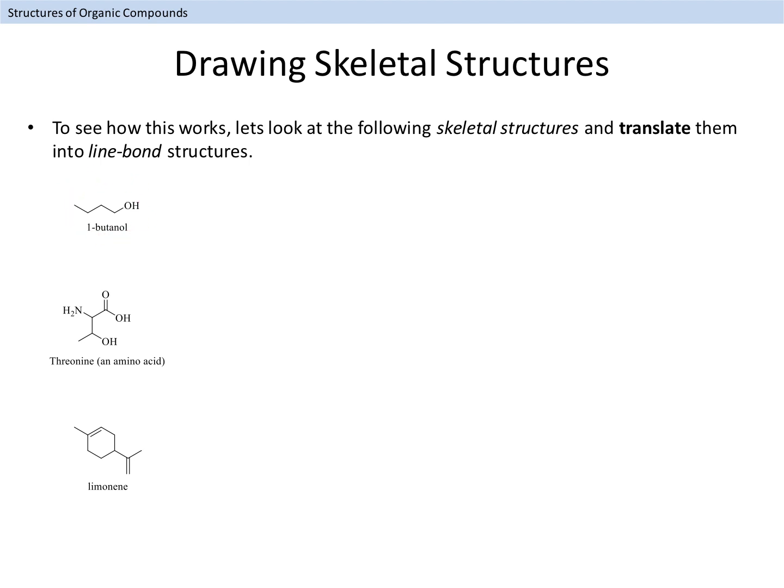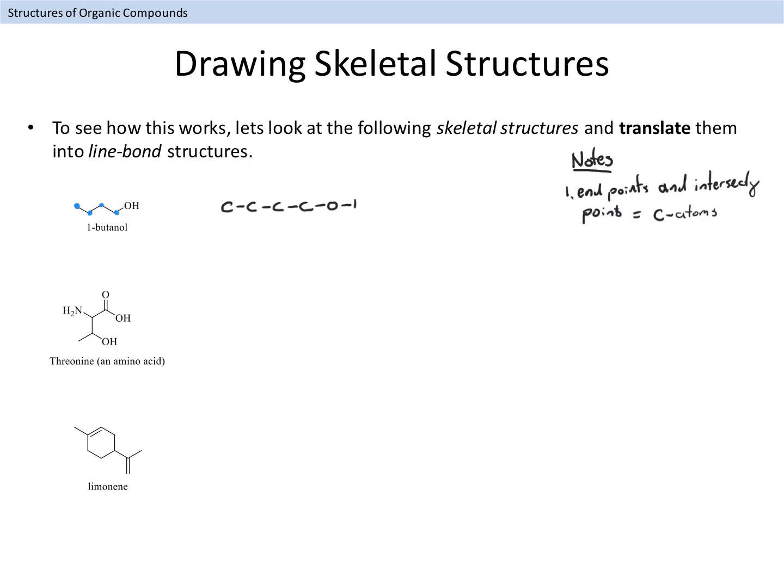When we are looking at a skeletal structure, we need to translate the lines into a series of carbon atoms bonded to one another. In skeletal structures, carbon atoms are located at the endpoints of lines, and the intersections of lines. So we can see that in this molecule, we have 4 carbon atoms, one at each of the locations I have designated with a dot. The 4th carbon atom in the chain is bonded to the oxygen atom, which in turn is bonded to a